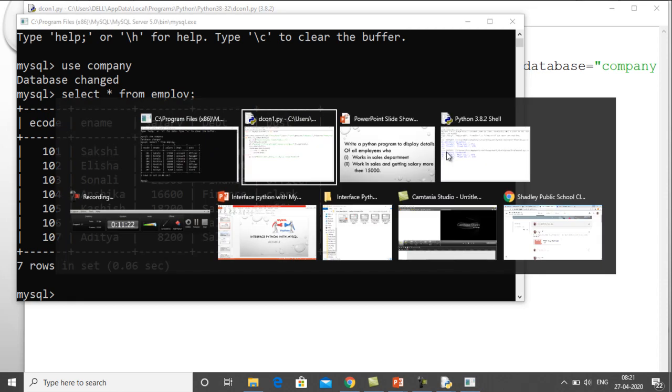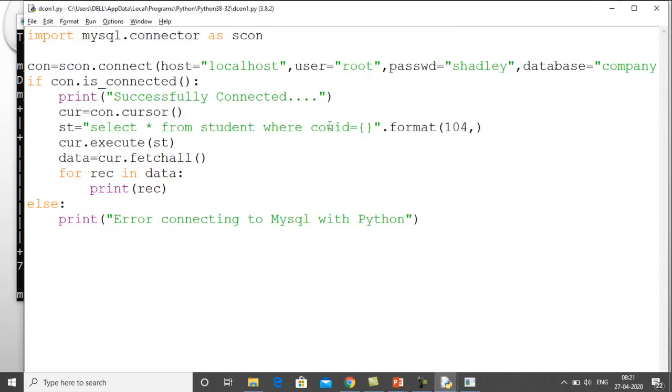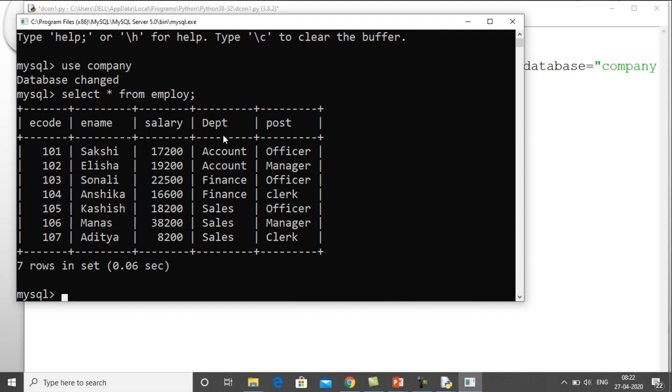So this is my program, everything will be the same, but the thing that I have to change is basically the command. I have written the command: select star from employee where, let me see, we have to use the department field.